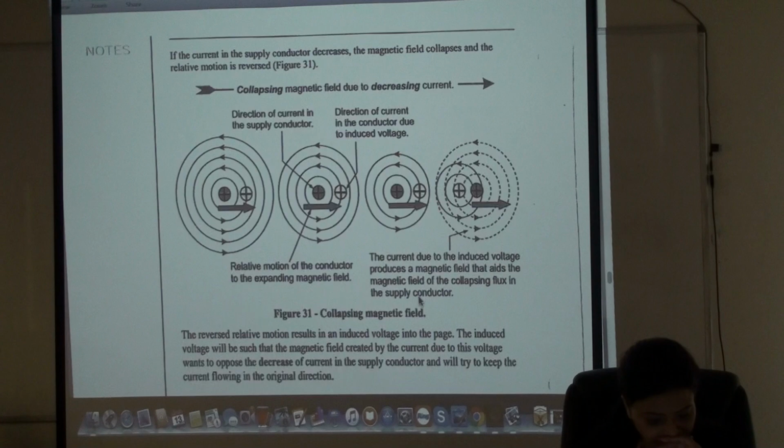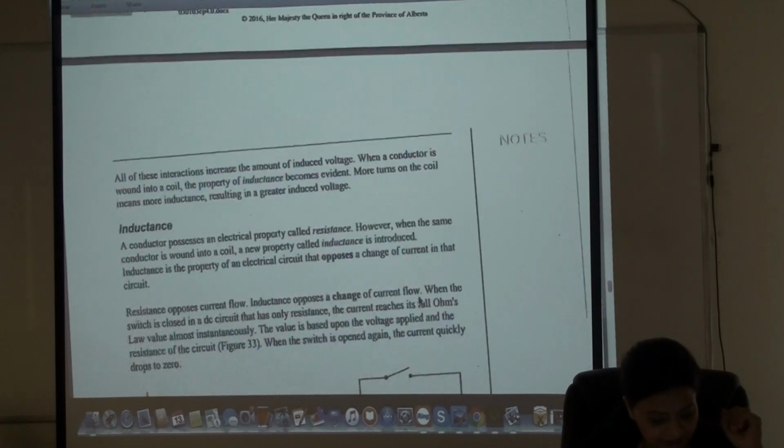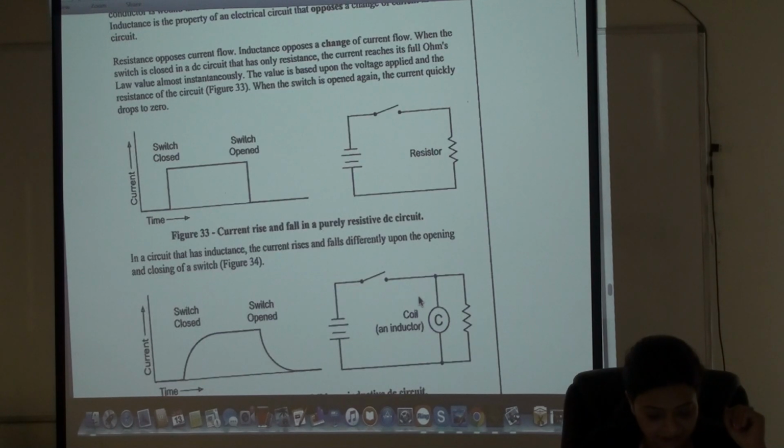Let's see what else. He's just talking about self-induction. After self-induction,